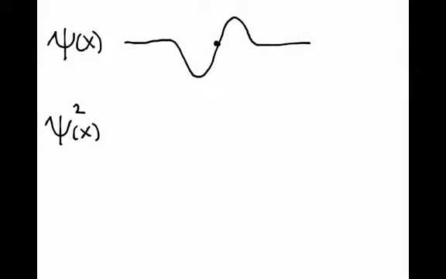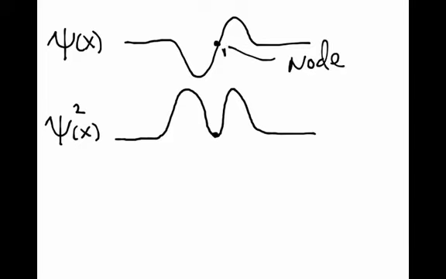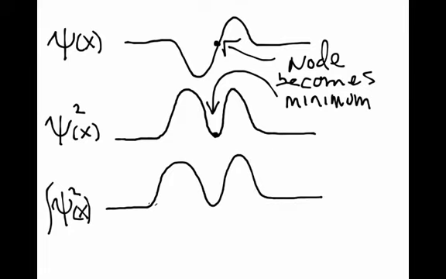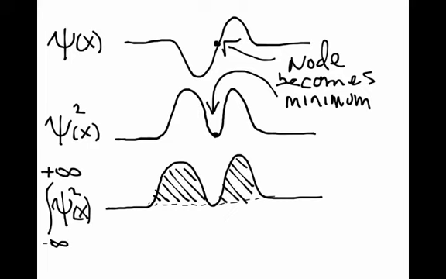wave function. So psi squared, which will be the probability distribution, is now going to have 2 humps and a minimum near 0 where that node used to be in the middle. So that node now becomes a minimum value of the wave function. And then we're going to integrate that psi squared, that probability distribution. So let's make a line over 0 here. The integral of that wave function is the area under this curve integrated over all x, so from negative infinity to positive infinity. But really over areas where the function isn't 0 is where we have to integrate.